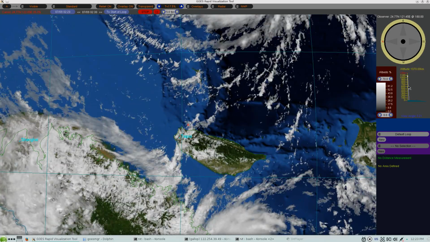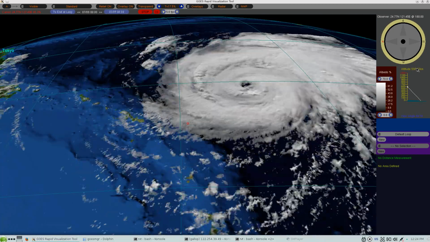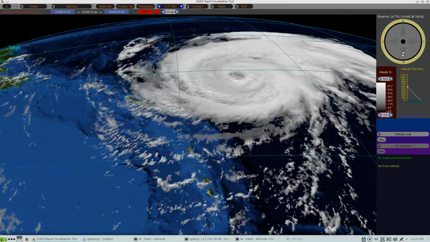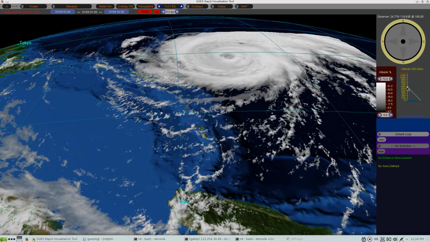But then we can, let me set it up right here. I'll have to move a little bit this way. Now what you can see here in the imagery is